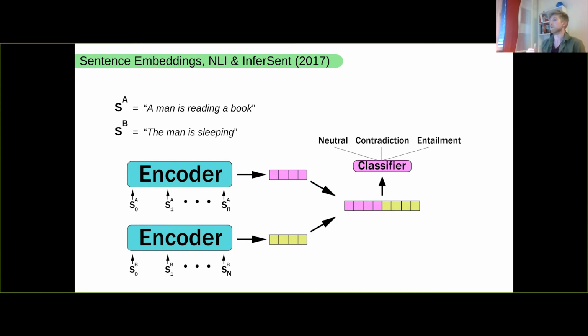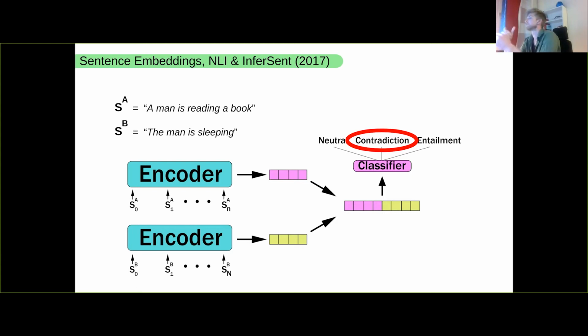So we pass both the sentences to the same model. We create a sentence representation of each, and then we concatenate and combine these two, and we run them through a simple classifier. In this case, inference is also based on the LSTM encoder. And as an example again, here we would want to classify a contradiction. We then run a backprop through the classifier, through the sentence representations, and through the encoder, with the intuition that sentence representations that are good for